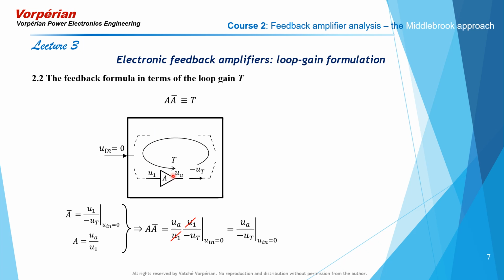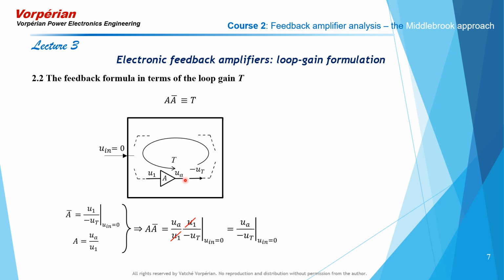Now the problem with that is, in an actual electronic system, the gain element A comprises either a bipolar transistor, or a FET, or a JFET, or a MOSFET, and all those are active devices which need to be biased at a given operating point. So when you break the loop, you're going to lose that operating point. So breaking the loop in a physical system is not tenable, because you lose the DC operating point of